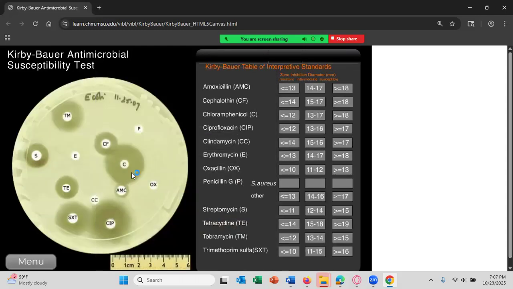And here you see a plate of E. coli, which is the white stuff, and then antibiotic discs put on the plate. And on some of them, you can find a zone of inhibition. What you need to do for this is